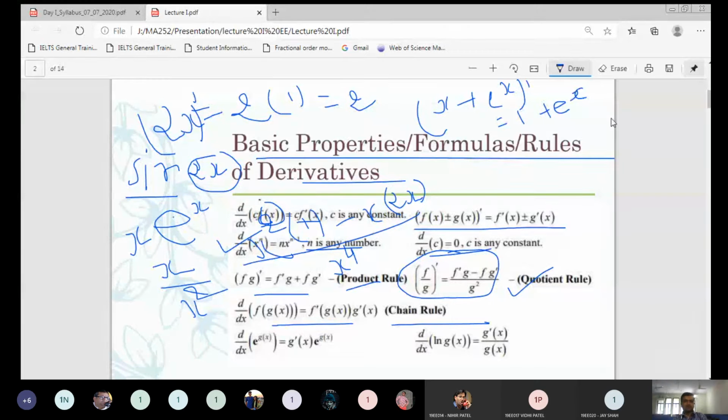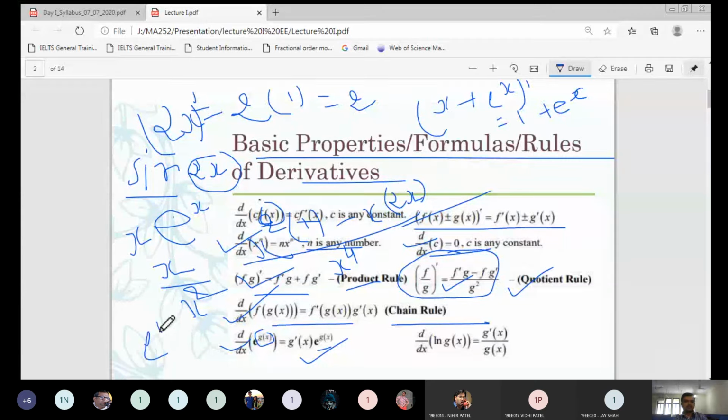The third and fourth rules are also discussed. The product rule, the division rule, that means the quotient rule, and the chain rule have also been discussed. Then, what is the derivative of e raised to g of x, where g is any function? You differentiate e raised to g x as it is, and the differentiation of g x remains. Here we are using the chain rule. This is the general form of e raised to g x, and you can use it for e raised to x.